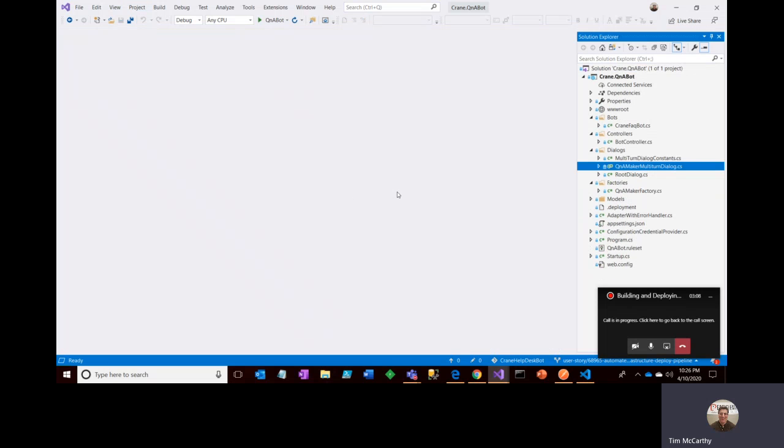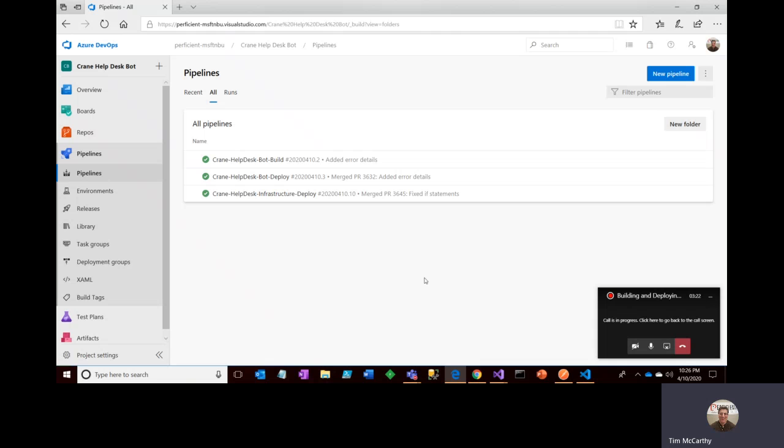I think the main thing I really want to concentrate on here, though, is how do you get this deployed? How do you get a continuous integration, continuous deployment process set up? So I'm using Azure DevOps here, and I have that set up. So I actually have 3 different pipelines. I have the basic build, so just build the artifacts, and I actually have this tied to